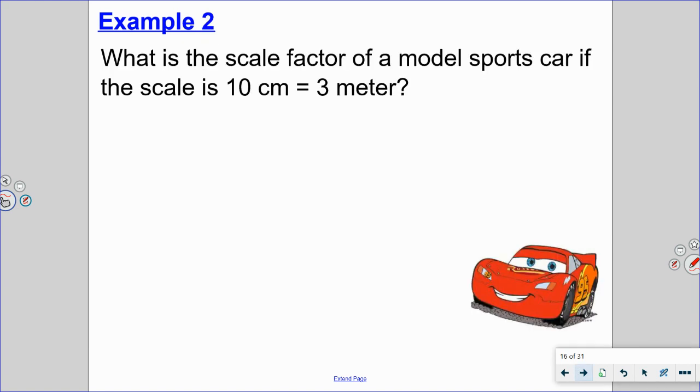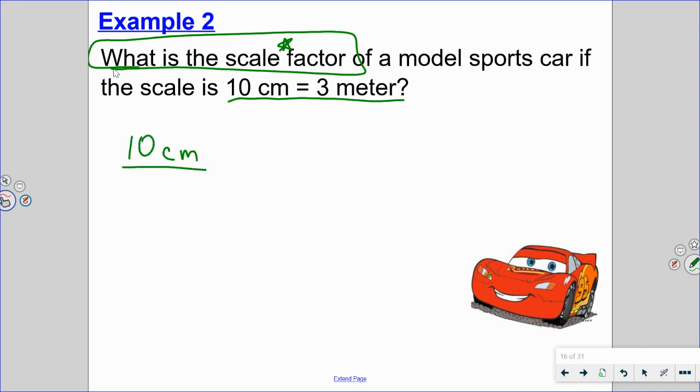All right, let's do this one. What is the scale factor? That's what the question's asking. Oh, scale factor, alarms go off, got to be the same units. We have a model of a sports car that says 10 centimeters is equivalent to 3 meters on the actual car. Most of you, I'm going to guess, are going to go with the smaller of the 2 units. That means the 10 may stay put,